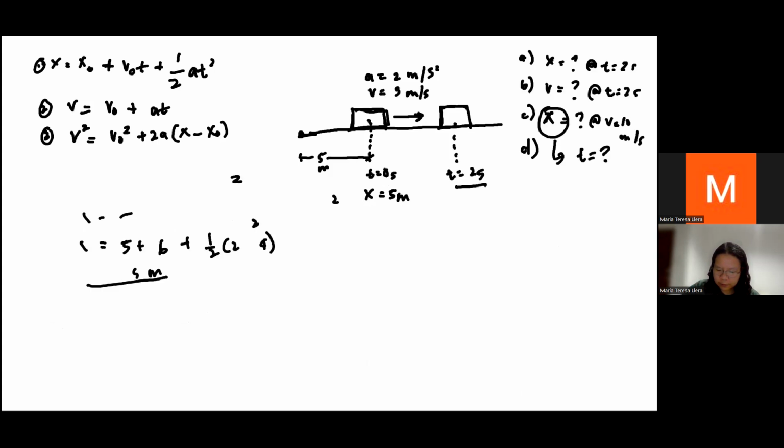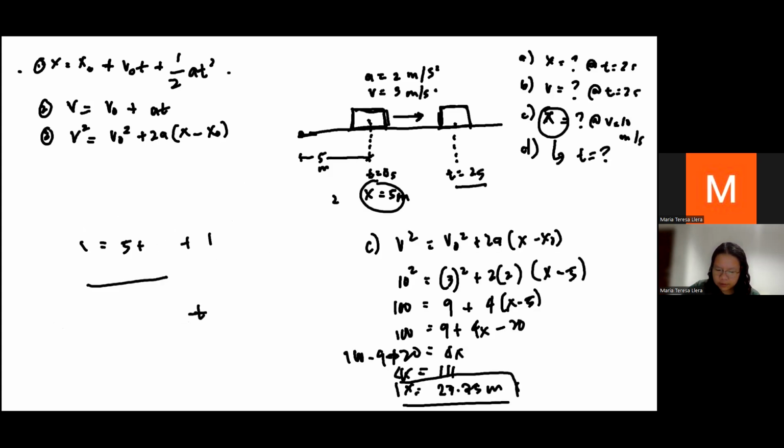So what's our biggest takeaway from this lesson or this problem solving part so far? Our biggest takeaway is that you should really understand each formula that we're dealing with, because we can memorize all these formulas, but if we don't know how to properly use them, then we'll have a hard time identifying which formula is best in solving a certain problem. Okay? So now let's proceed to the final question. Letter D,